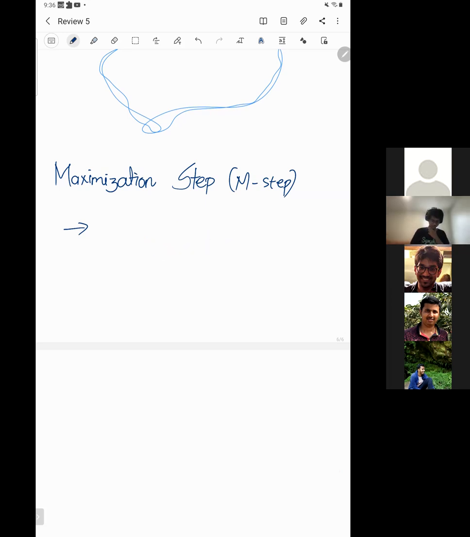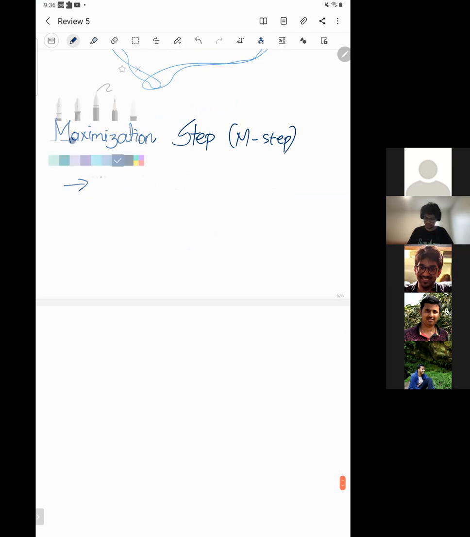Sorry about that. So now we'll move to the M step, and in the M step, from the E step we have this distribution Q, and now we assume that our distribution Q is constant, and we change our theta for that particular distribution. So in this diagram,